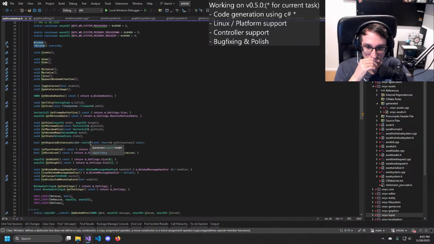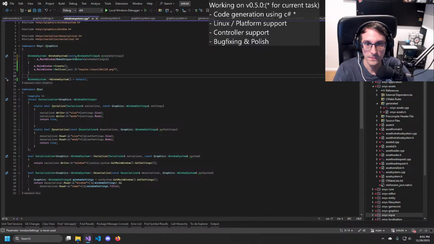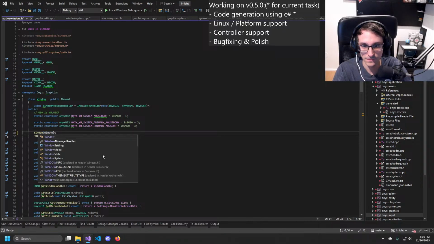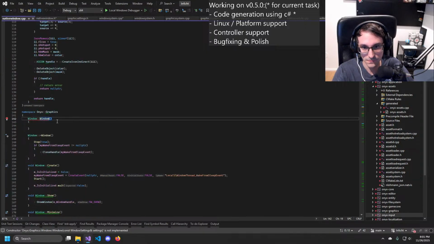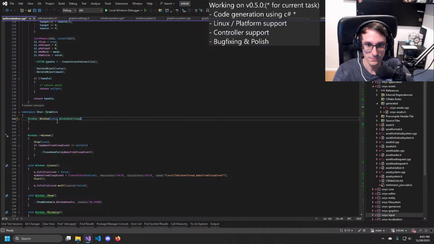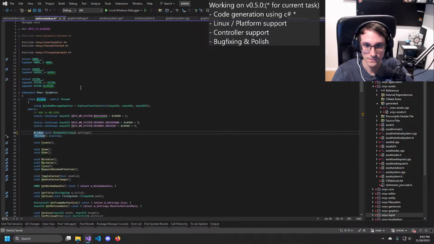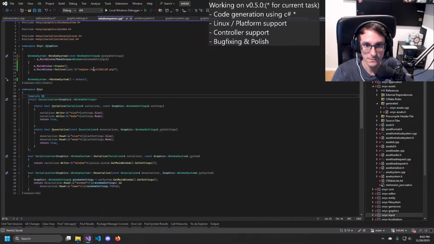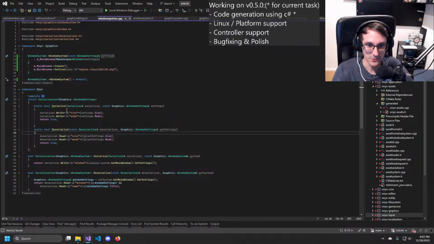Where do the Windows settings go? No. That is fine for now.